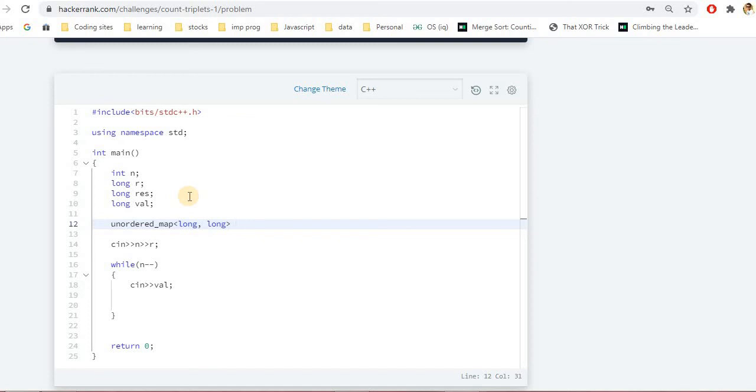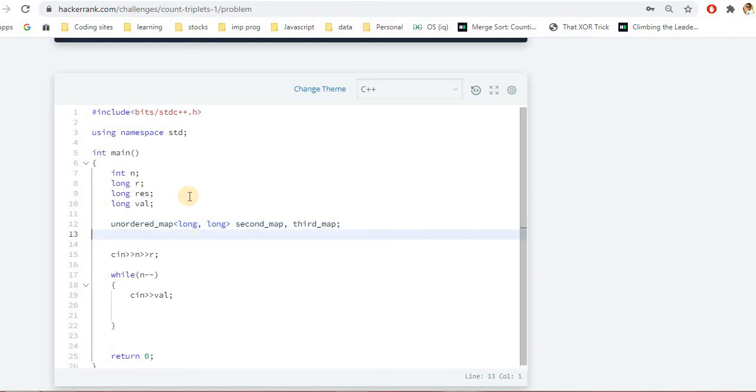What this will give us is an advantage over map or multimap: it's very efficient compared to the latter, and for this particular problem we don't require an ordered map as such. So unordered_map is the best thing to go with for this solution. So second map, and let's take a third map.